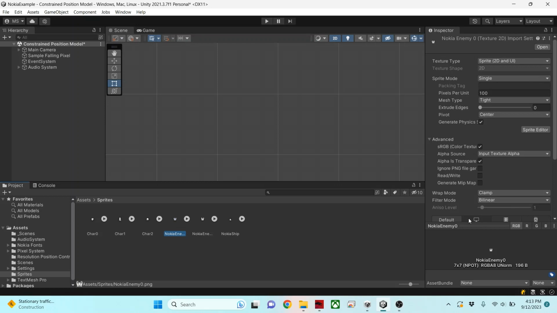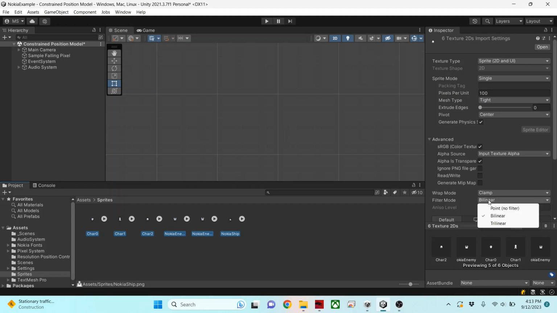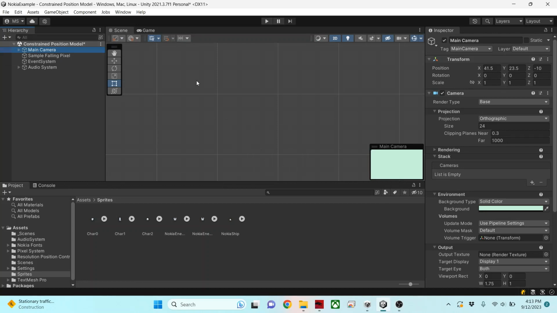And another couple of changes you'll want to make, there's changing the filter mode for all these sprites that we're going to use to point, no filter. That way they show up nice and crisp in the scene, and just for the sanity of size, changing the pixels per unit to 1. So if we go to the main, we'll apply those changes, go to the main camera,